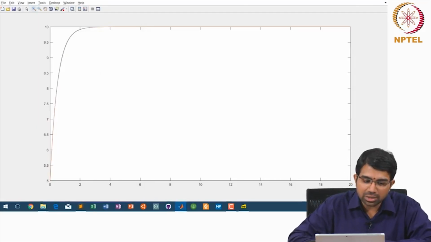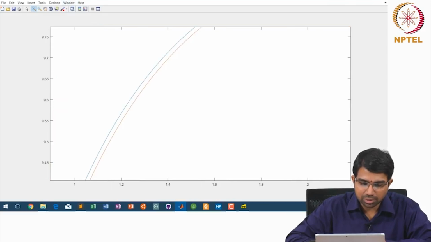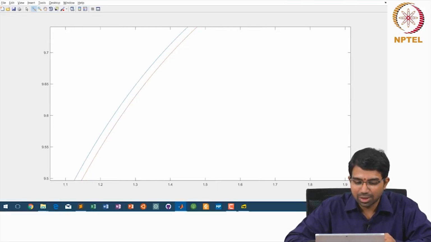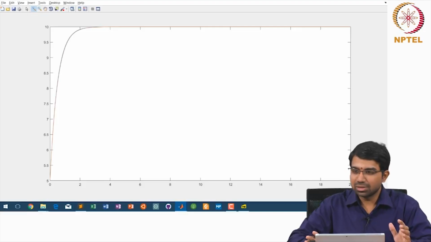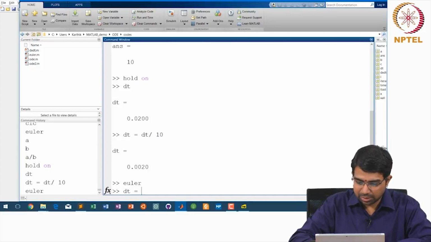You can hardly see the difference. Can you see the difference? I hope you can see that there are two curves, right. If you really zoom in, you can see that there are two curves that do not actually overlap, but for practical purposes they do overlap. Okay. So, let us say dt equals